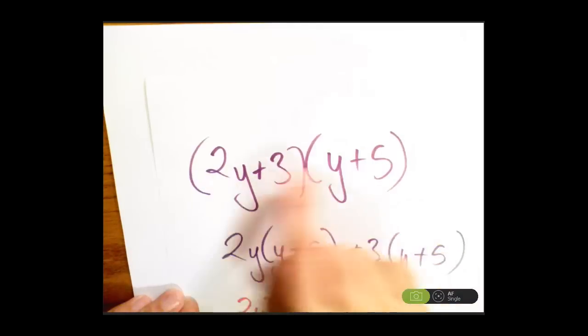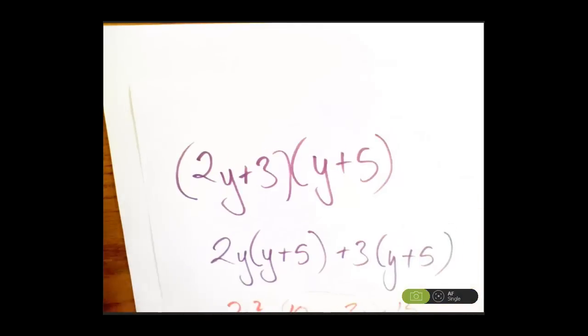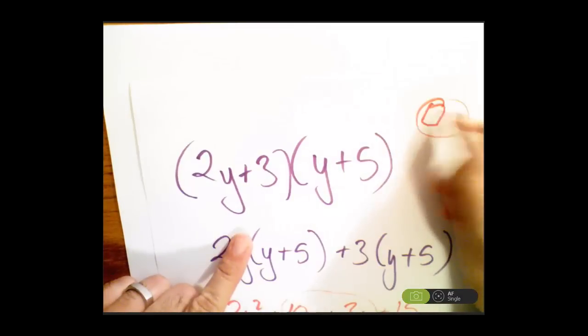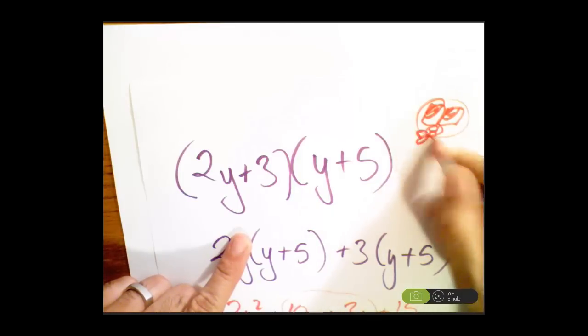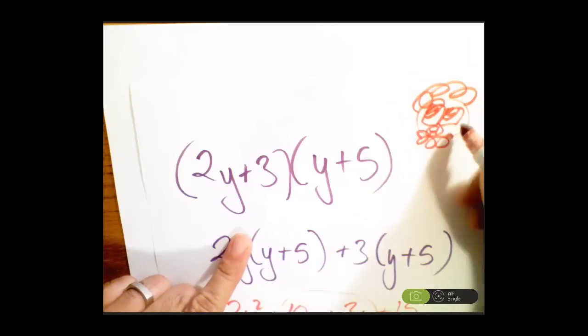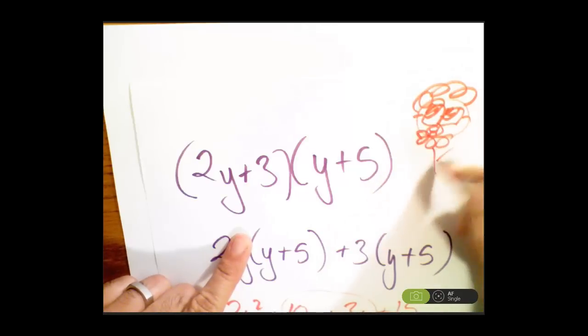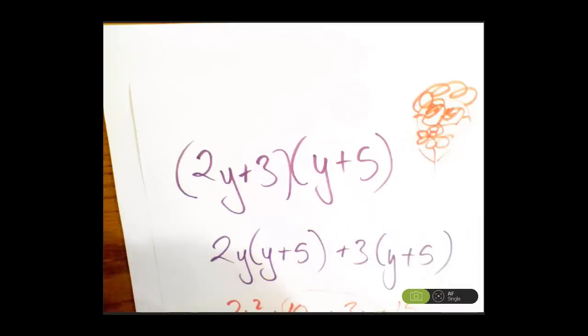So what we've been doing in the past is multiplying binomials together, and it's been awesome. I've had so much fun with you. I've been all like, yay, I'm having a good time multiplying binomials. It's so awesome. Those are my teeth, and this is my beard, and this is my hair, and it's all kind of the same thing together, and this is me getting super pumped. All right, so in the meantime,